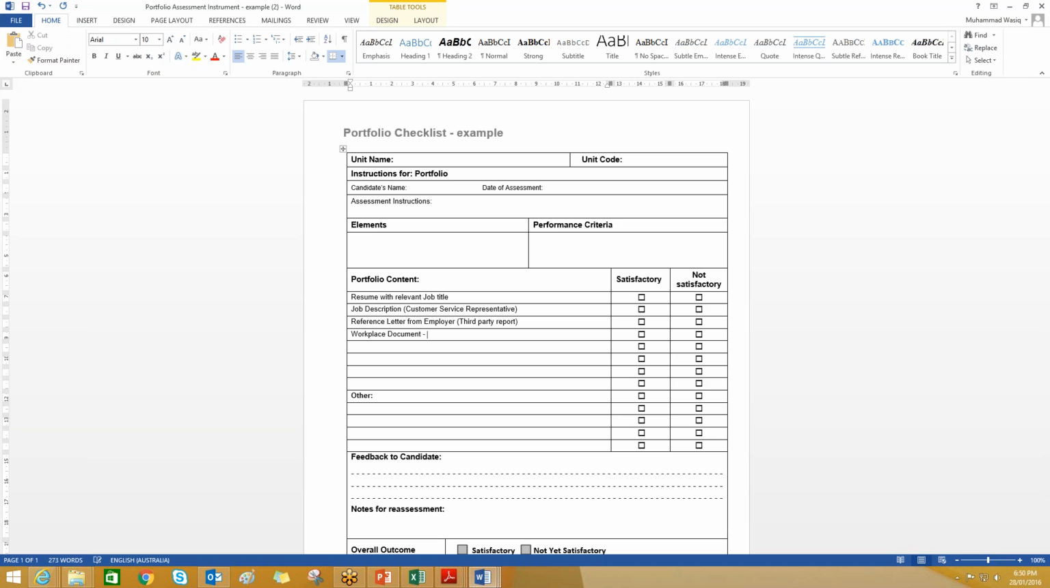We can ask for customer log. I don't know, it depends on the unit. For each unit, the workplace documents would be different. Customer phone call, video, audio recordings. Then workplace again, something. So there must be at least five to 10 different documents which we need,